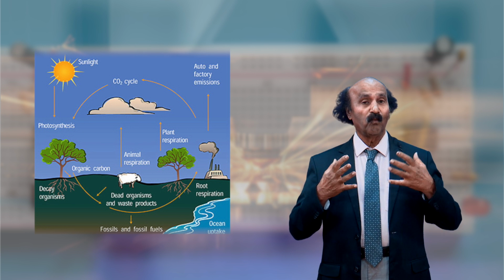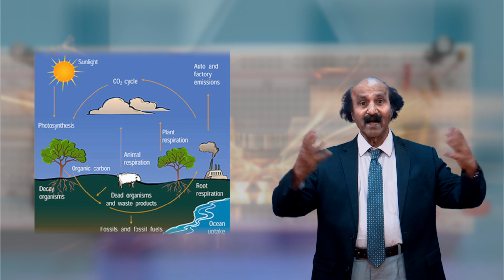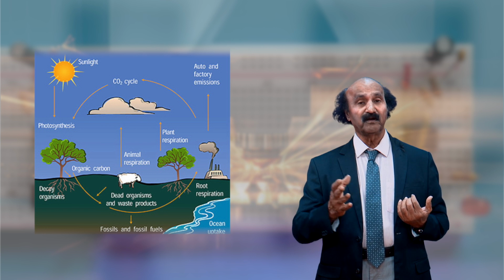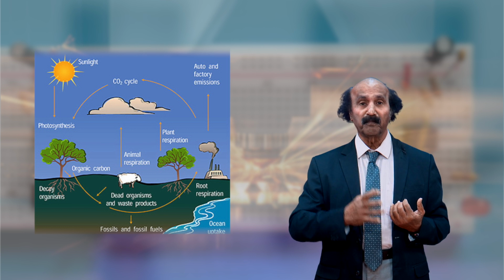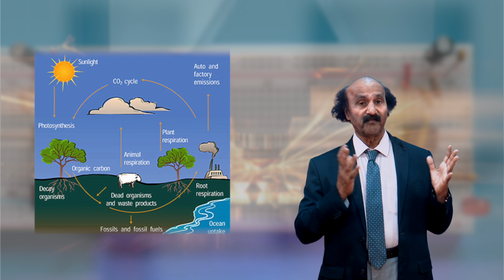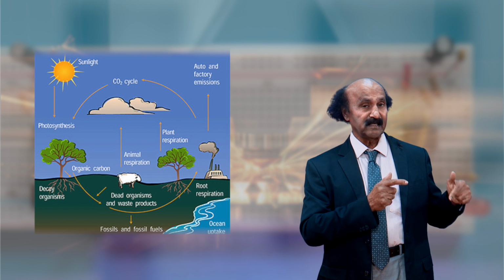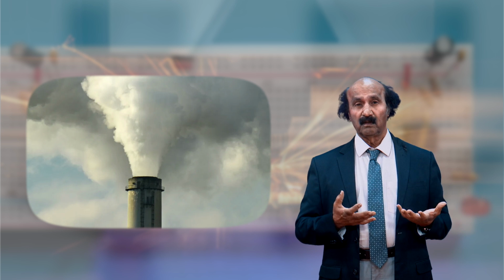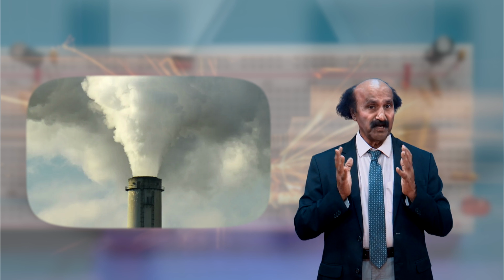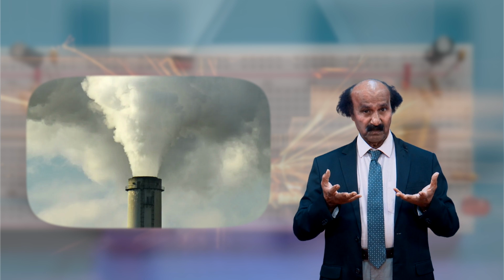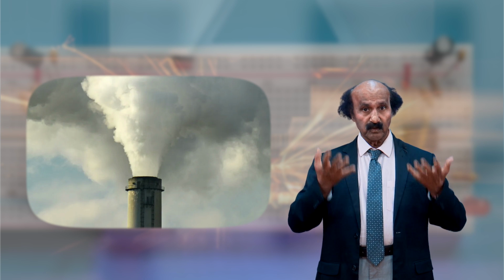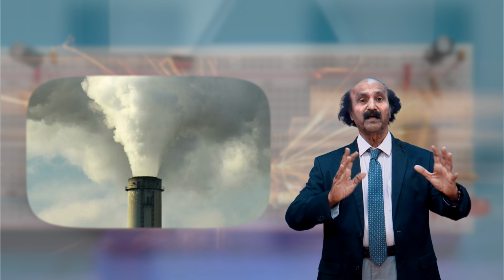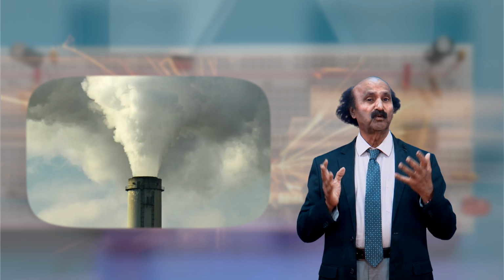That means whatever carbon dioxide human beings like us or animals gave out was efficiently used up by the plants. That was about 500 years ago. After the industrial revolution, since industries are producing so much CO2, there is an imbalance in nature. CO2 just goes up, it is a gas, and collects in the atmosphere, and after some time forms a cloud of CO2.